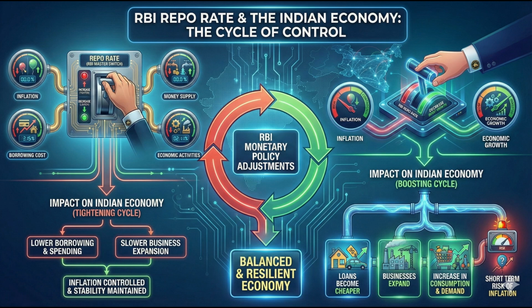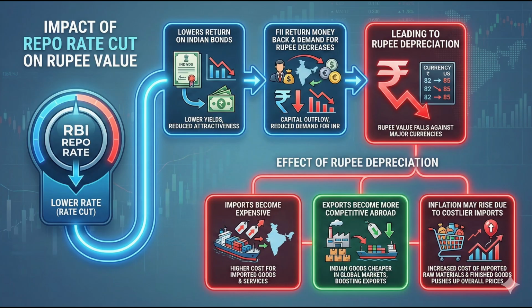B. Impact on securities, your stock market. A repo rate cut generally leads to a positive reaction in the stock market. Why? Lower interest rates mean companies pay less on loans, higher profits. Consumers spend more, boosts corporate revenues. Investors shift from low-return instruments, FDs, bonds, to equity markets. Sectors that benefit most: banking and NBFCs, real estate, automobiles, consumer goods, infrastructure. Overall, a rate cut acts as a stimulus to financial markets.